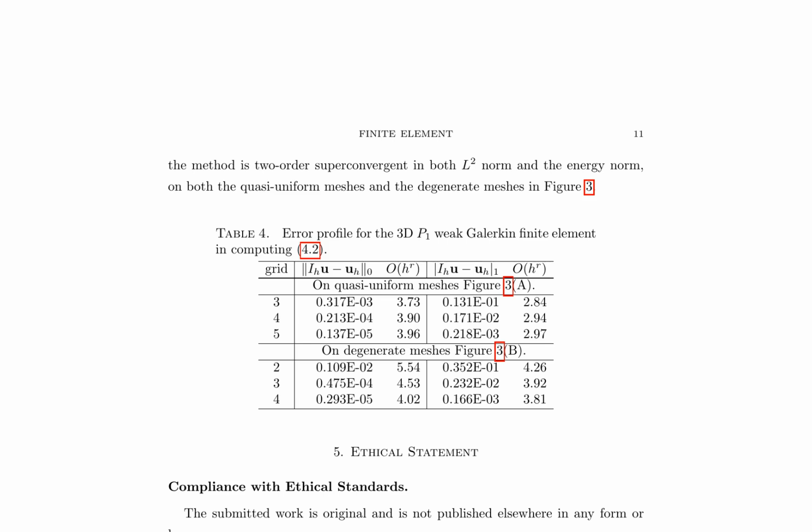The finite element method presented exhibits 2-order superconvergence in both L2 norm and energy norm on quasi-uniform and degenerate meshes, as demonstrated in Figure 3. The error profile for the 3D P1 weak Galerkin finite element is presented in Table 4, showcasing the method's accuracy in computing the solution. The table displays the error norms for the solution and its gradient, with the corresponding convergence